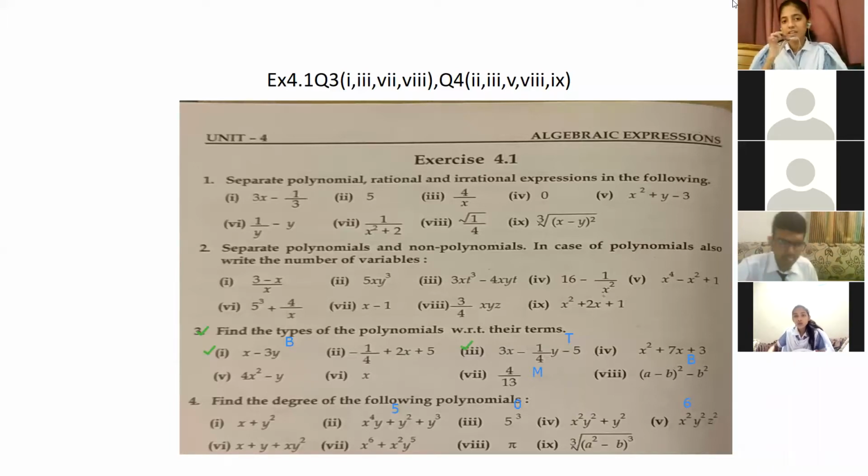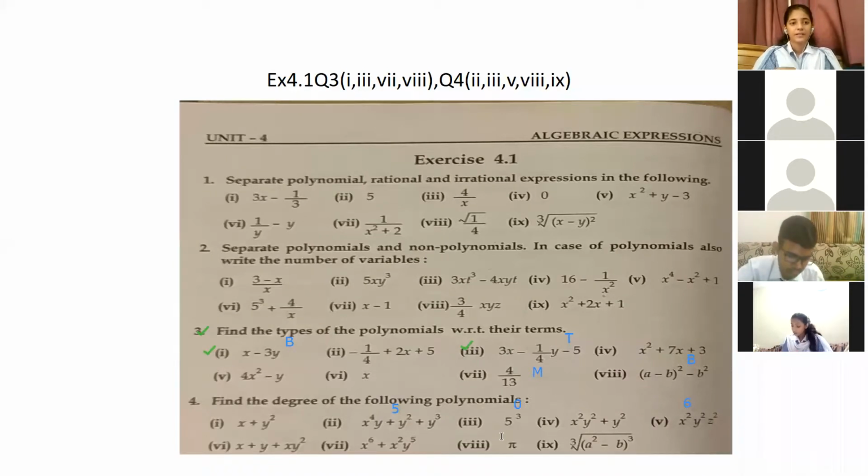आपकी आवाज नहीं आ रही. Yes, Sumaya. Bete, why in question number 8, the degree is 0? क्योंकि टीचर उधर वेरिएबल नहीं है. Very good, Sumaya. And thanks for telling me that my mic is mute. I'm muted right now. So here the degree is 0. Here the degree is 0.